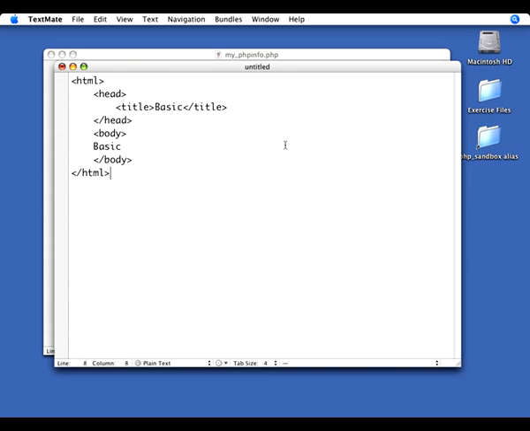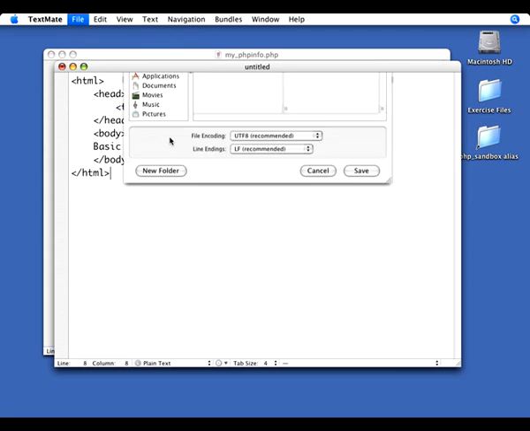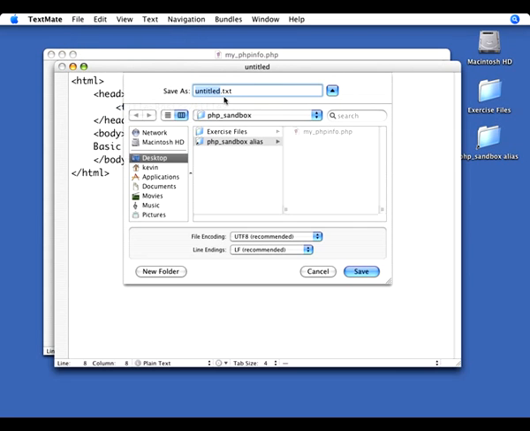Now, I think it's really useful to go ahead and develop a very basic HTML page like this so that we don't have to keep typing it all the time. Because otherwise, every time we want to create a basic page and embed PHP into it, we're going to have to retype all of that. So I'm going to go ahead and save that file by going to File and Save, and I'm going to call it simply